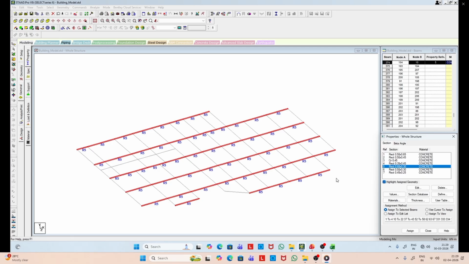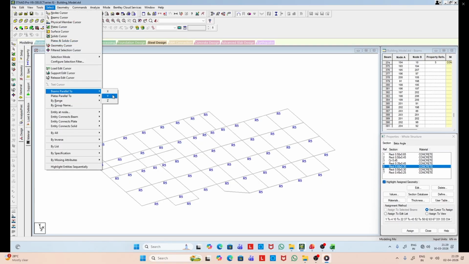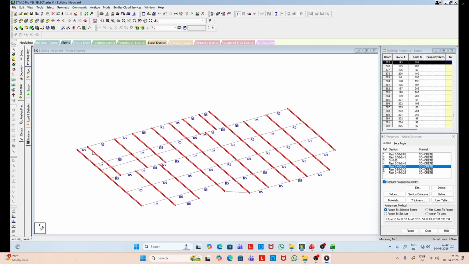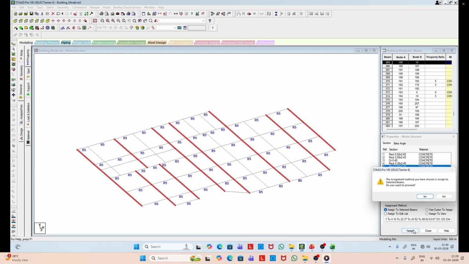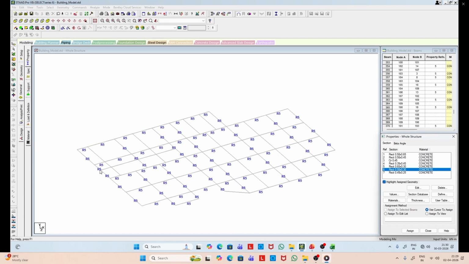So now they are assigned. Next we have these secondary beams.